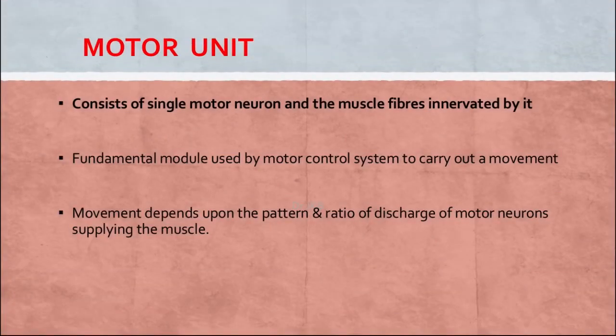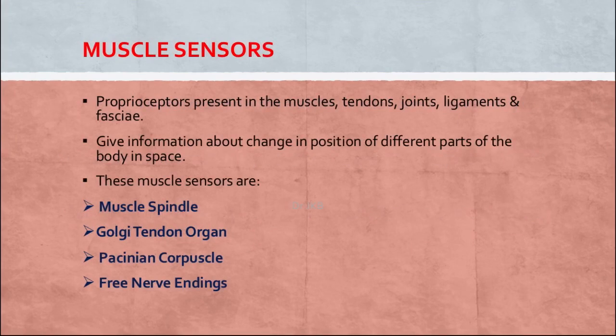So, the fundamental module used by the motor control system to carry out a movement is the motor unit. Movement depends upon the pattern and rate of discharge of the motor neurons supplying the muscle, that we have read. Now, the second part was the muscle sensors, like the proprioceptors or the receptors for this